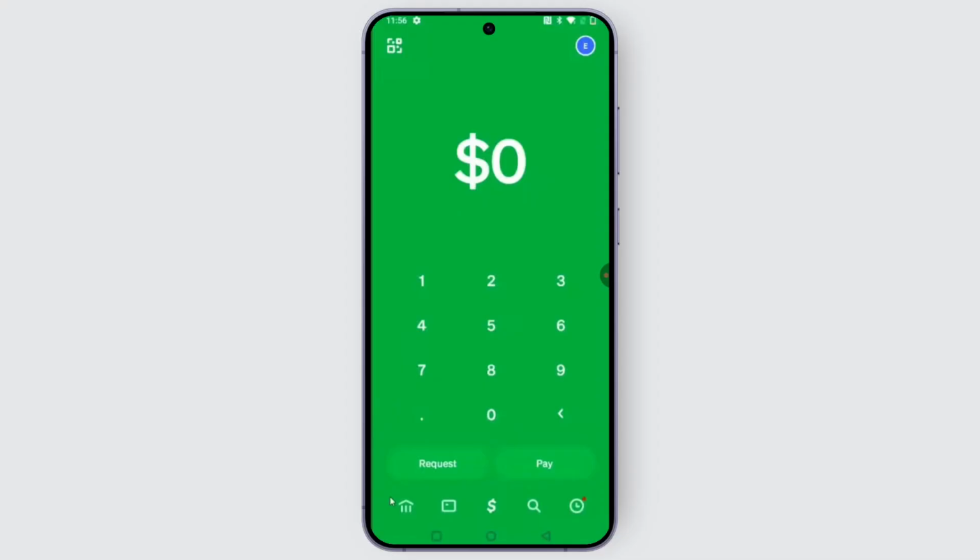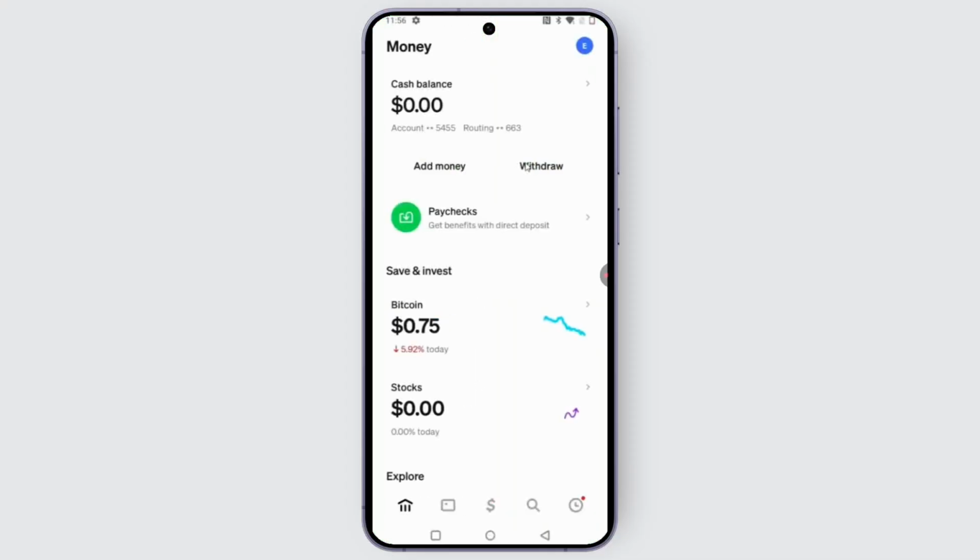So you can open up the Cash App application first on your device like this, and you will be finding this particular interface. From here, you can tap on the Money tab on your home screen, and your balance page opens up here. Including that, you'll be finding different options. Tap on the Bitcoin tile,